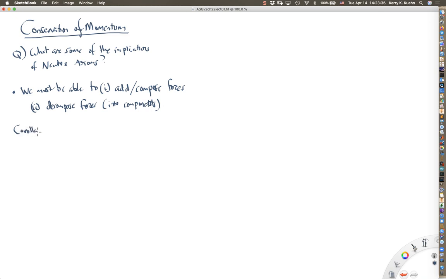So maybe I'll just say one thing about this. In the previous chapter, Newton had his axioms, and just like in a mathematics text, there are going to be certain corollaries, or things that follow from his axioms. So in his Corollary 1, he talks about how to compose or add forces and how to decompose forces. He draws a diagram that looks something like this, and he says, let's suppose that you have a force that is being applied to some body,